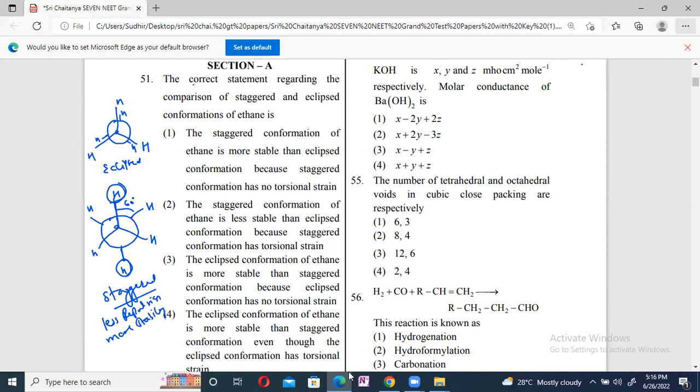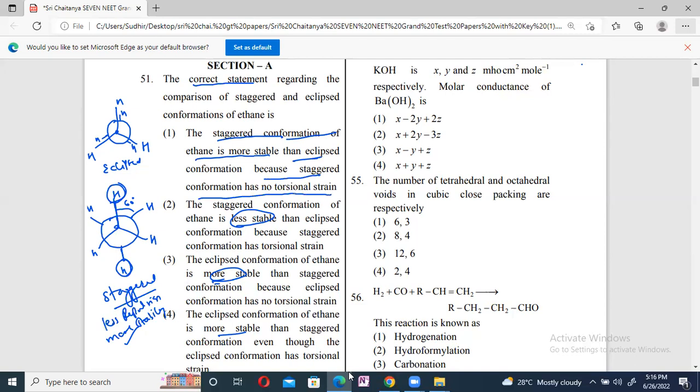So they are asking which is the correct statement regarding the comparison of staggered and eclipse conformation. I will say staggered conformation is more stable than eclipse. Correct. Staggered conformation is less stable? No. Eclipse is more stable? No. So the answer is, staggered conformation will have less repulsion and more stability than the eclipse because staggered conformation has